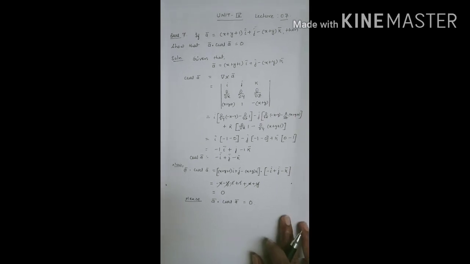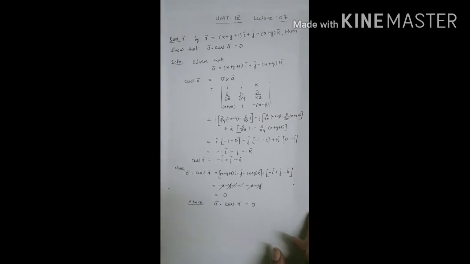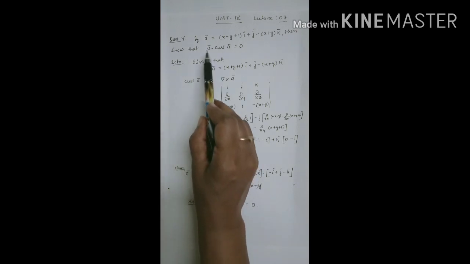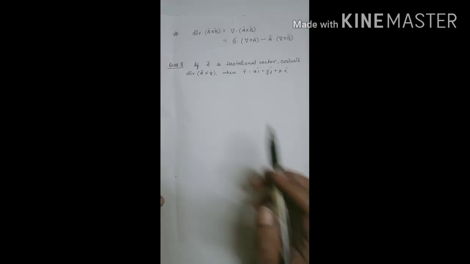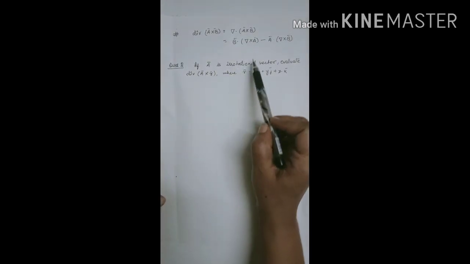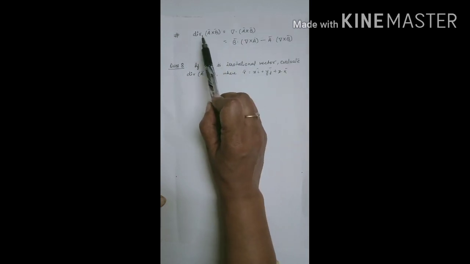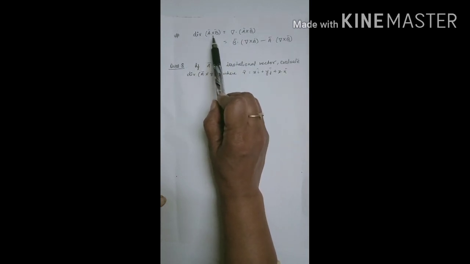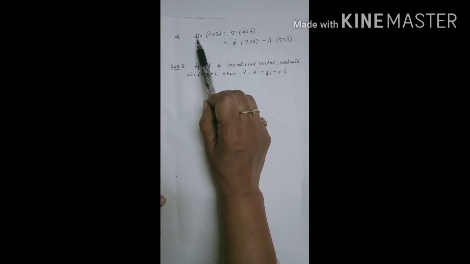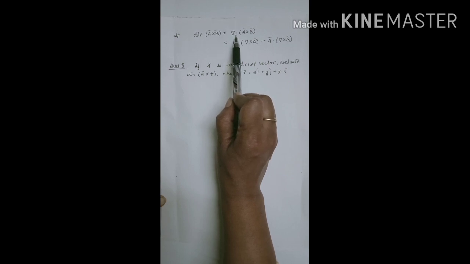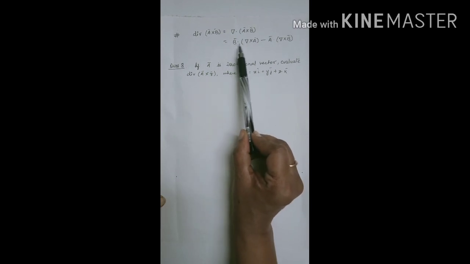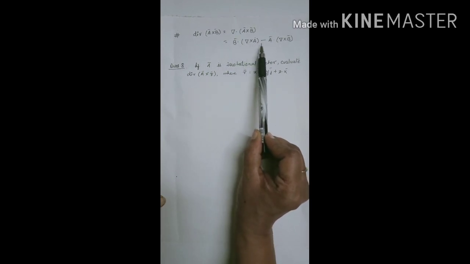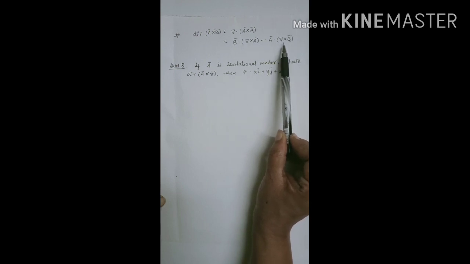Right? So in this unit, as I told you, these problems are simple to do. Whatever is given, just find the value, substitute and do the products carefully. Now see here, to perform this problem you have to understand first one important point, that is the divergence of cross product of two vectors, which you can also write as divergence means vector operator dot cross product of two vectors A cross B, is nothing but vector B dot del cross A minus vector A dot del cross vector B.